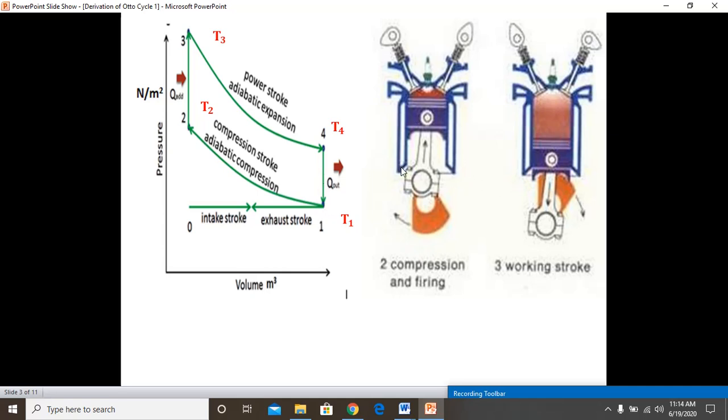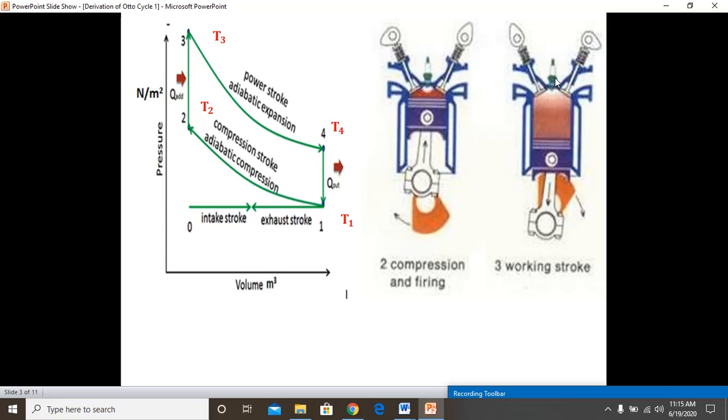See, in the engine, from the bottom dead center to the top dead center, from 1 to 2 it is compressing. See here the direction. When it is compressed, the spark is produced here. Then the air and fuel mixture gives heat energy. That heat energy is converted into mechanical energy by means of explosion here. That explosion moves the piston from top dead center to bottom dead center. Then the heat is added at constant volume.